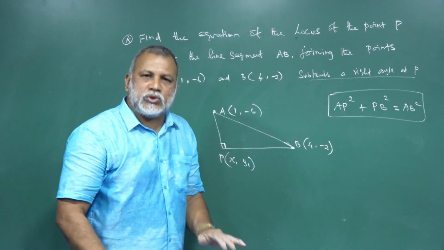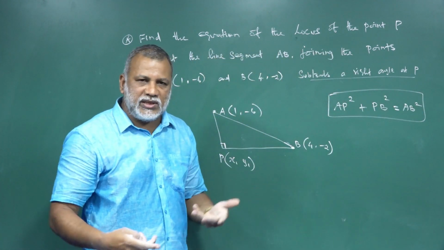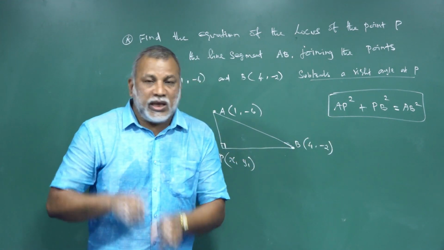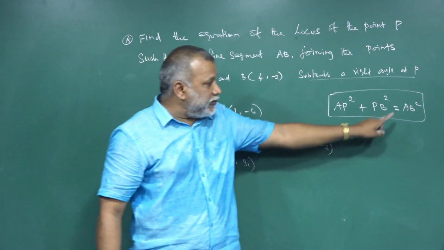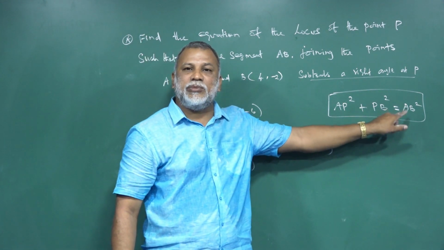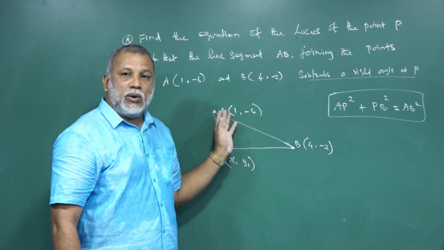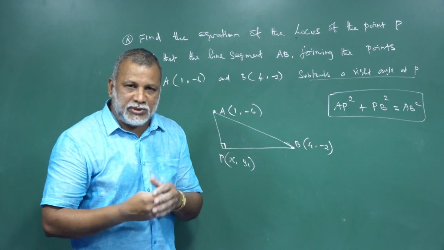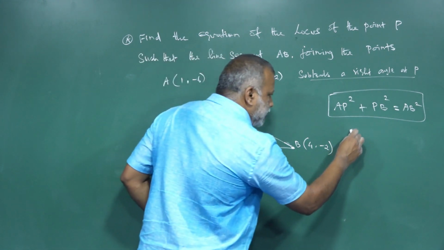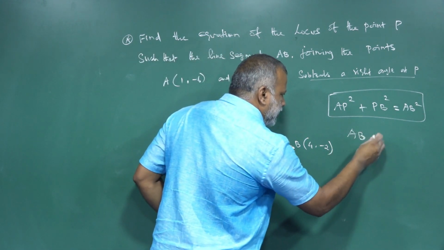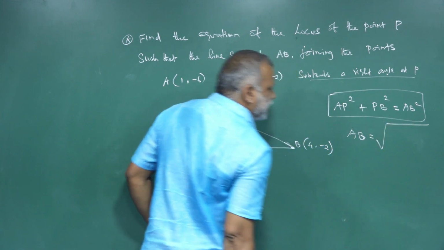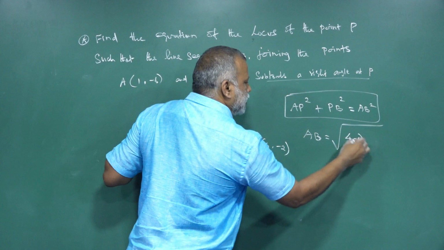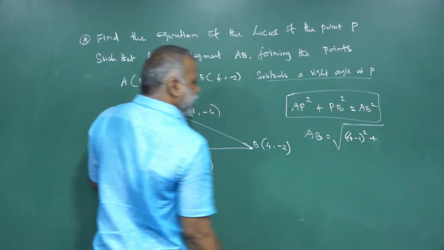So same question when comparing with the previous one. In the previous one, AP squared plus PB squared equal to 20. Instead of 20, now they are giving AB squared. Now you are able to work out AB squared. How? AB is nothing but the distance between 2 points. Now listen. AB is equal to the square root of (4 minus 1) the whole squared,